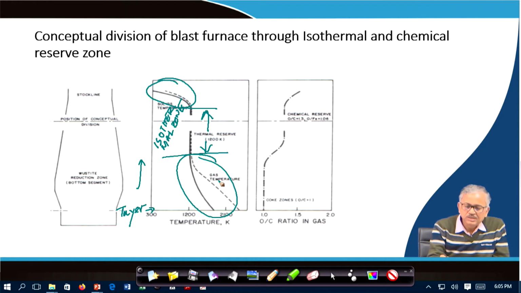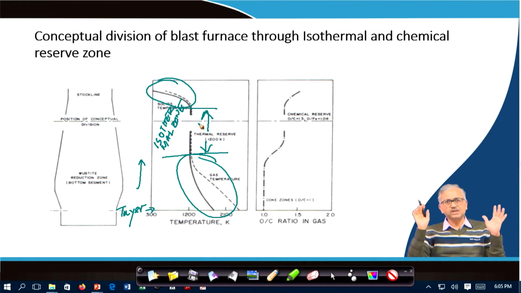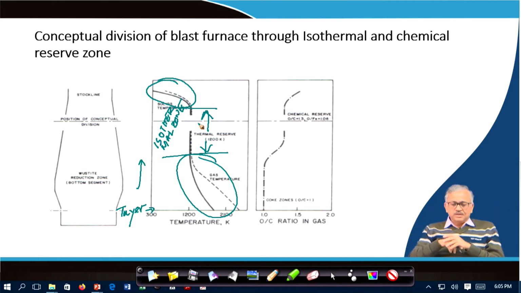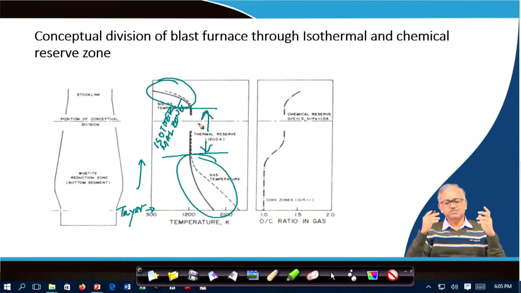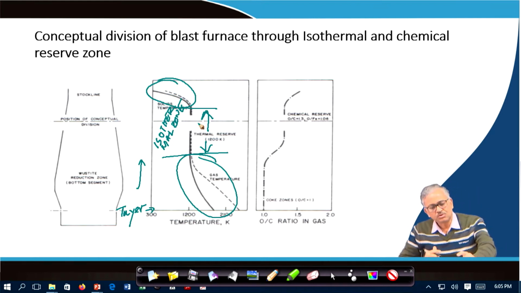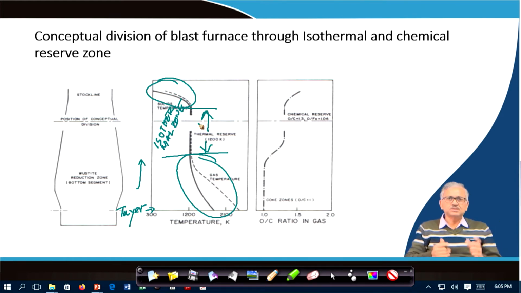and in the lower part heat exchange takes place in this region, and in the middle zone, absolutely no heat exchange takes place, and the solid and gas temperatures remain almost at 900 degrees centigrade, right. So, you can simply think that the blast furnace can be divided into two parts, and we can make a separate heat balance for the upper part as well as the lower part. In this zone, basically no heat exchange takes place. That is one thing, from the heat transfer point of view.